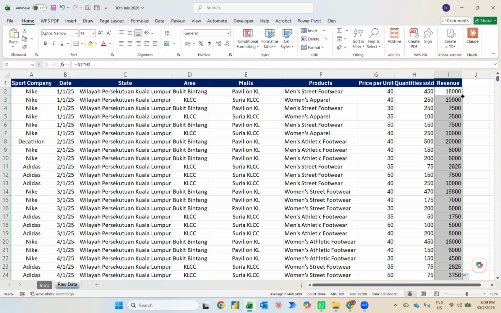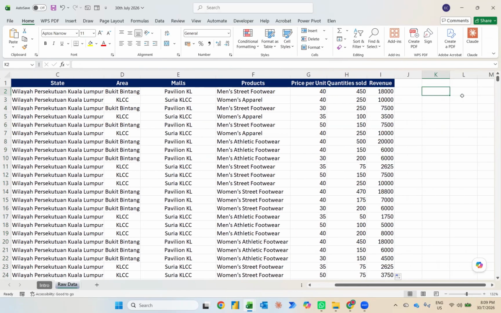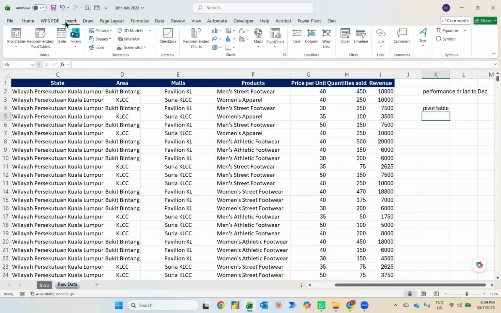But right now, my manager doesn't want to see this. What my manager wants to see is, perhaps my manager nak tengok sales performance dari bulan apa? Dari bulan Jan sampailah bulan December. So in this case, kita memerlukan pivot table. So what I'm going to do is, I'm going to type here pivot table. So pivot table ni kat mana sebenarnya? Sebenarnya, kalau kita klik pada insert ni, over here we have an insert ribbon, and over here we have a